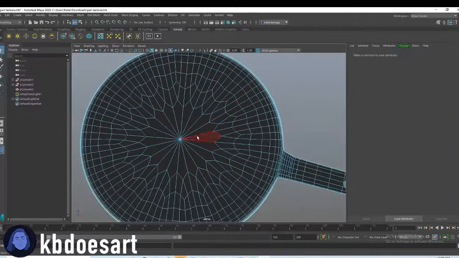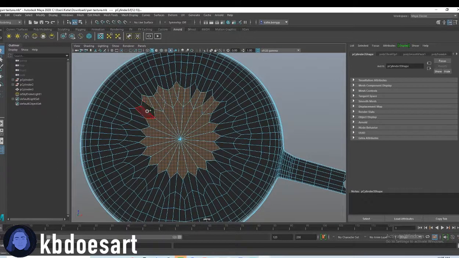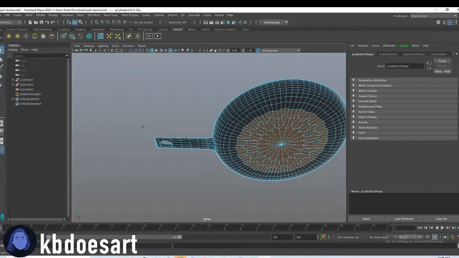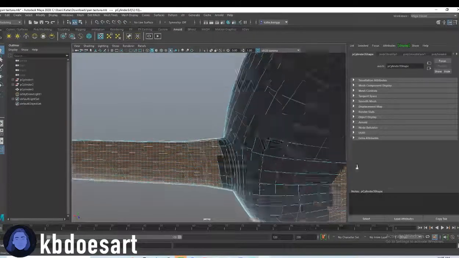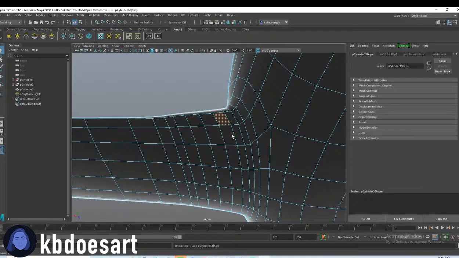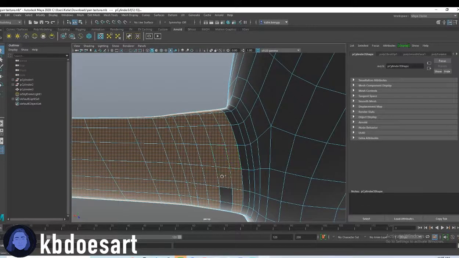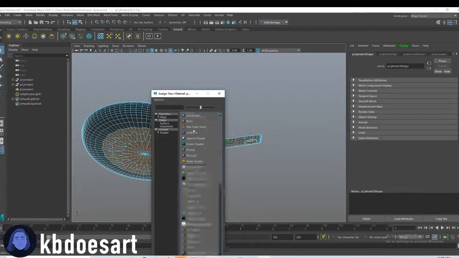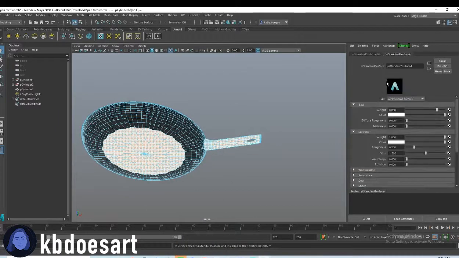Go into face mode and then hold tab and select, let's see, I want to select this ring and probably that ring. And then also I want to select the handle, so hold shift and drag like that, and then hold tab and click to get the rest of them. There we go. All right, hold right click, do Assign New Material, Shader, AI Standard Surface, and this we're going